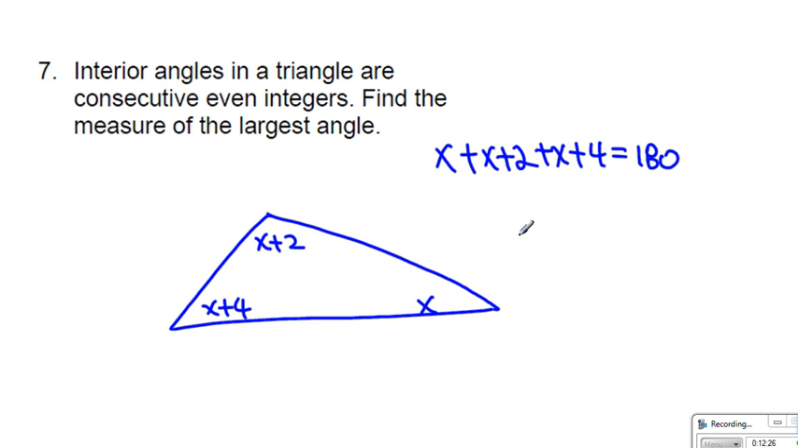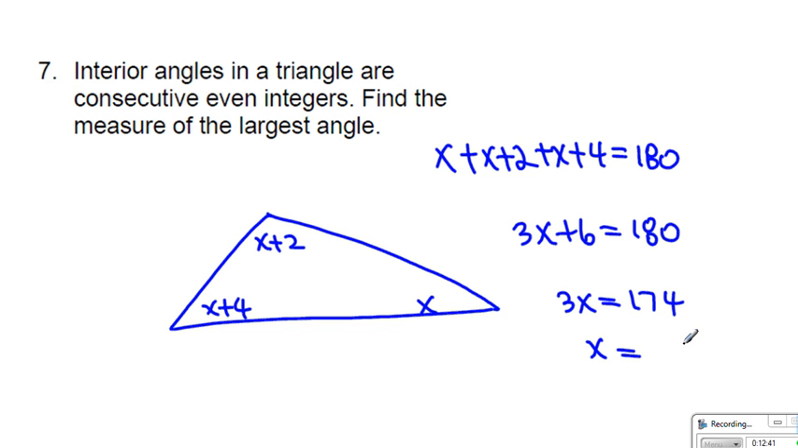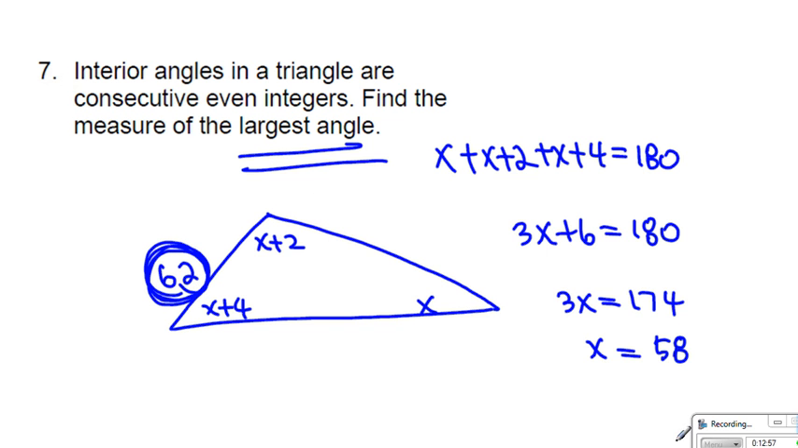Then we realize that 3x plus 6 is equal to 180. Then, of course, we realize 3x here becomes 174, where x becomes 58. That means this one is 58, this one is 60, therefore that makes this one to be 62. Therefore 62 becomes the largest angle. All right,